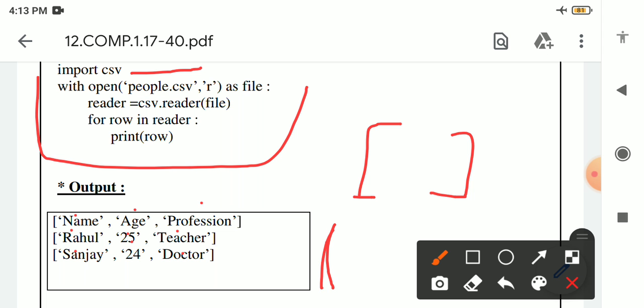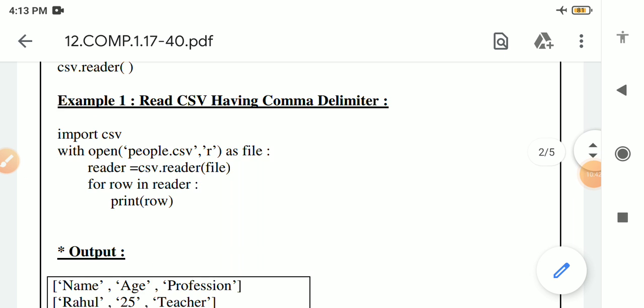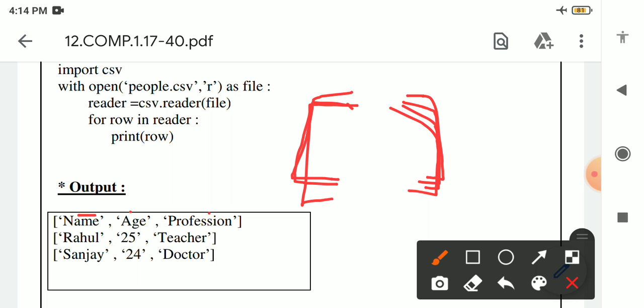Like this, this is the output. As we know, the symbol of a list is this bracket. In a list every element is separated by a comma and every element is in quotation. See here, name is in single quotation, after that comma, age is in single quotation, comma, profession is in single quotation, and at the beginning this symbol is present and at the end this symbol is present, meaning the opening of the list and the closing of the list.